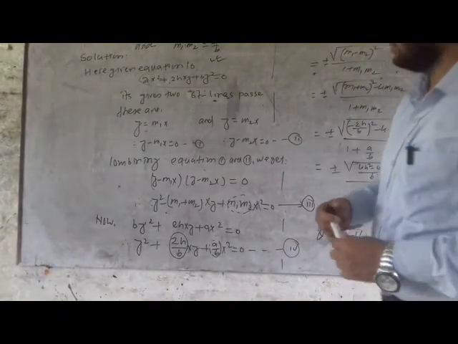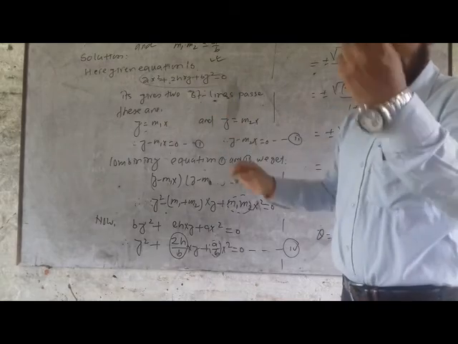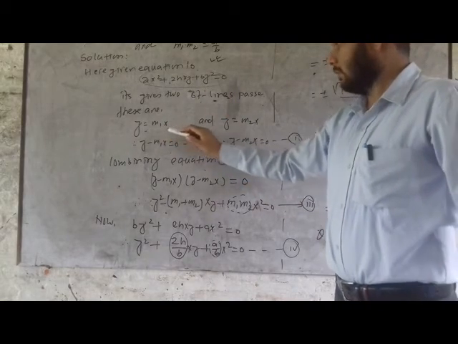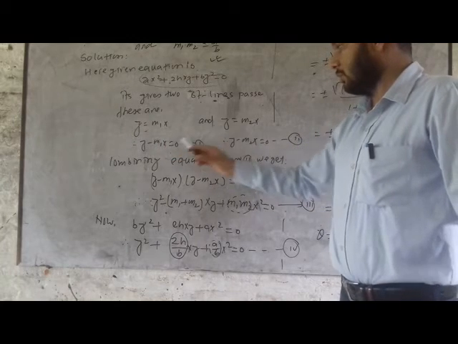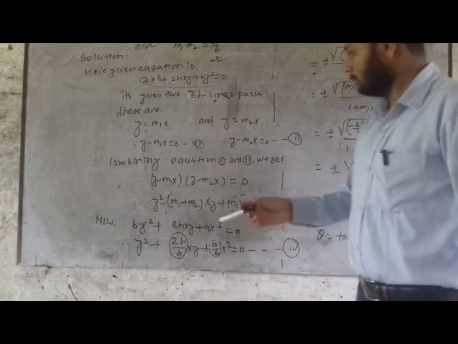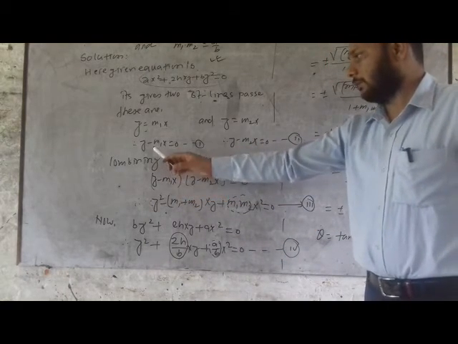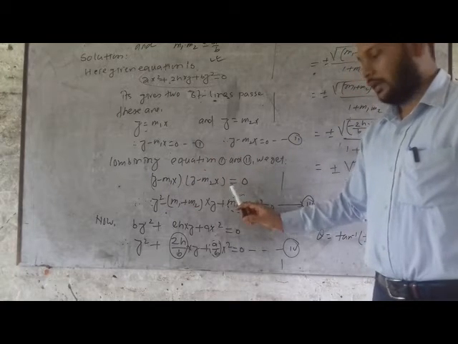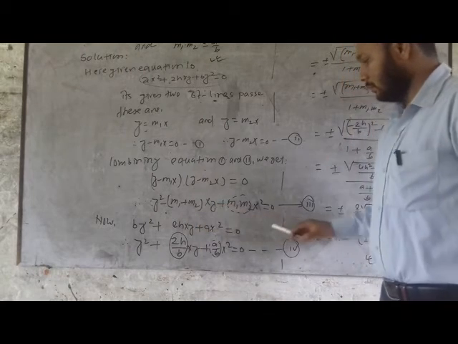Again, all of you look here. First you write the given equation, and this equation gives two straight lines. These are y is equal to m1x, y is equal to m2x. Now, my dear students, you write these two equations in the general form. In general form, you write 0 on the RHS, and then you combine these two equations by multiplying. Multiply equation 1 and 2, we get this, and taking common xy, you get this.